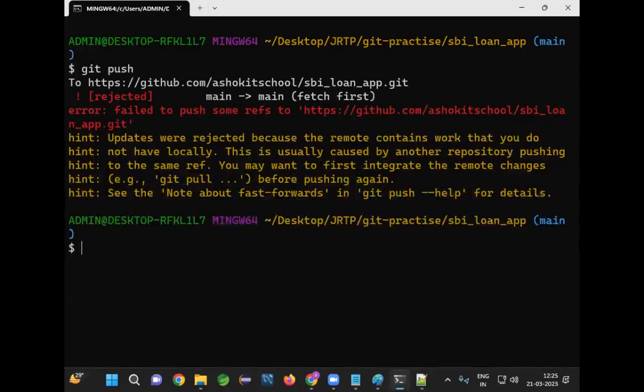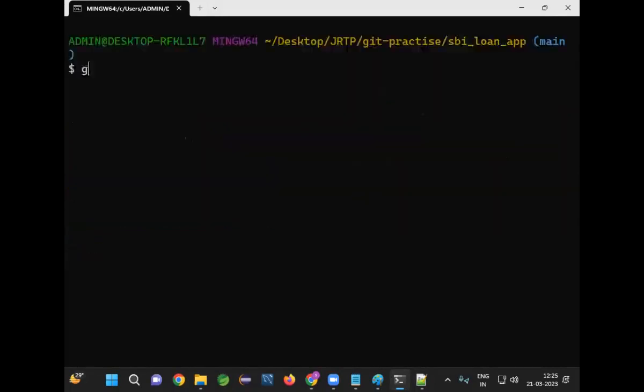Clone is used to download the entire project. What is the purpose of the pull command? To take only the latest changes. Now let me go for the latest changes. Observe carefully. This is a very common scenario in real time because multiple people will be working on the project. People will be working on the same files. They will be working on the same lines also. We don't know. When multiple developers are working on the same file, same line number, the pull command will give you the